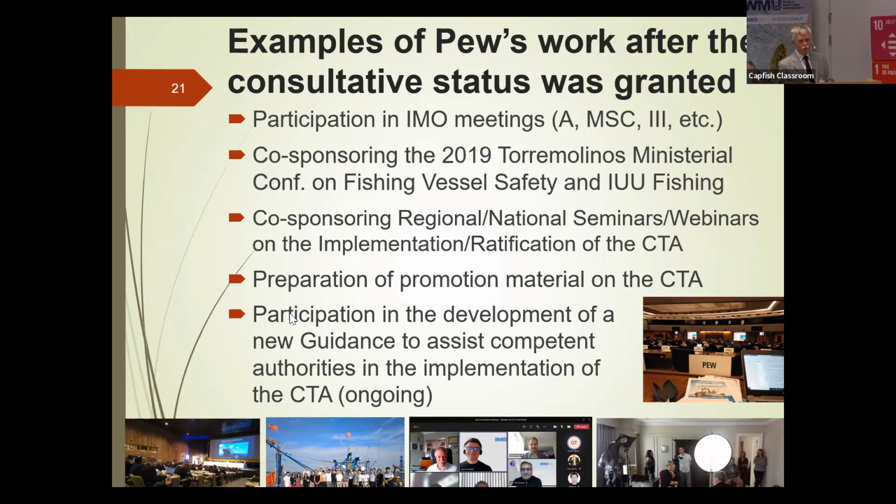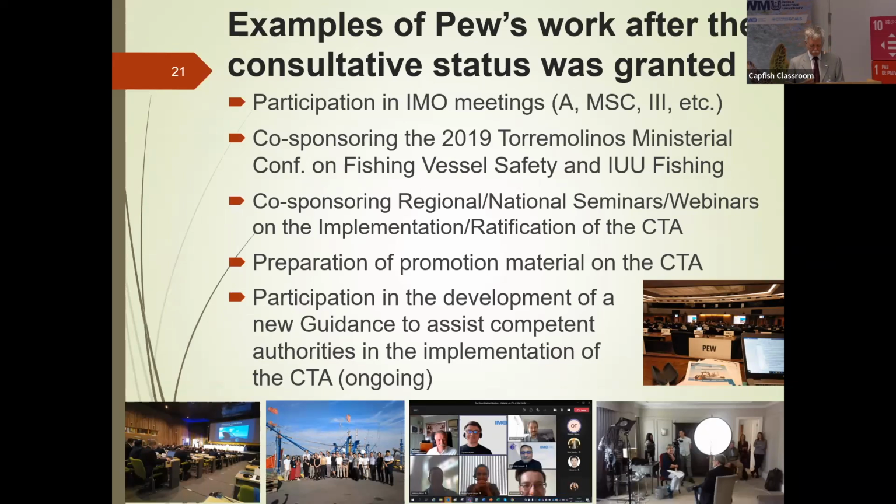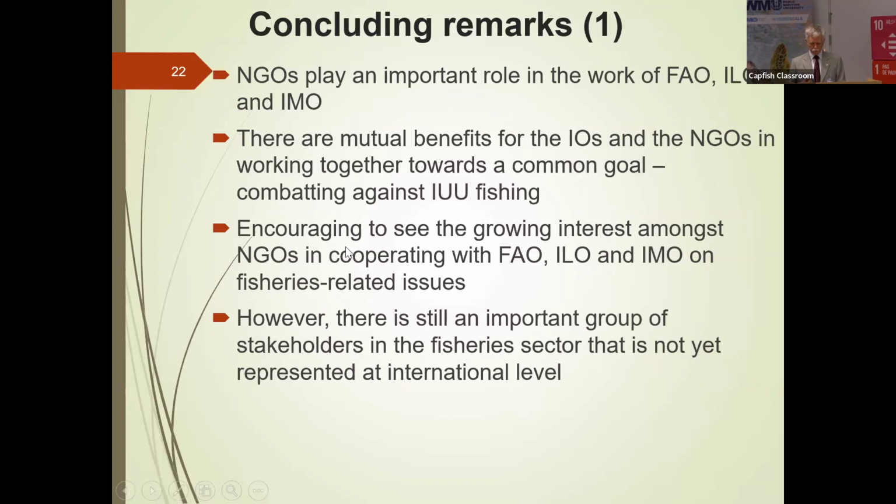And finally, some concluding remarks. NGOs play an important role in the work of FAO, ILO, and IMO. There are mutual benefits for the international organizations as well as the NGOs in working together towards a common goal, in this case, combating IUU fishing. It is encouraging to see the growing interest among NGOs in cooperating with FAO, ILO, and IMO on fisheries-related issues